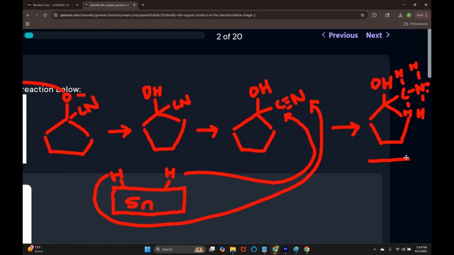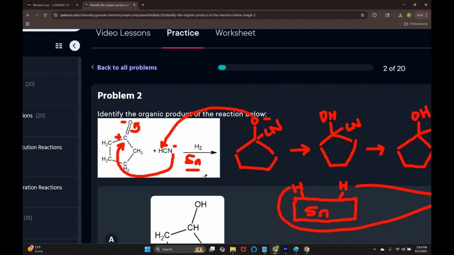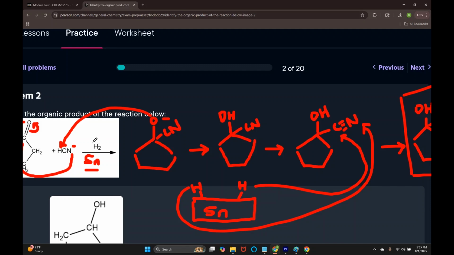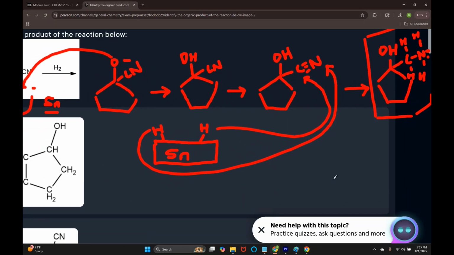So I just find that absolutely fascinating. Now, what's interesting to me is that the problem did not give us metal to make that happen. So I'm not 100% sure if Pearson Plus wanted us to assume that this would be reduced. But I wanted to show anyway what could happen if we have our metal here. But as far as what we are looking for in an answer, because it doesn't go into the bond detail,